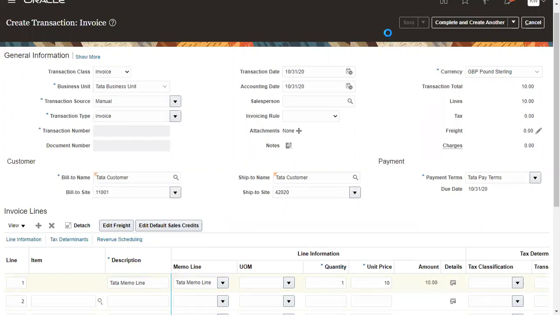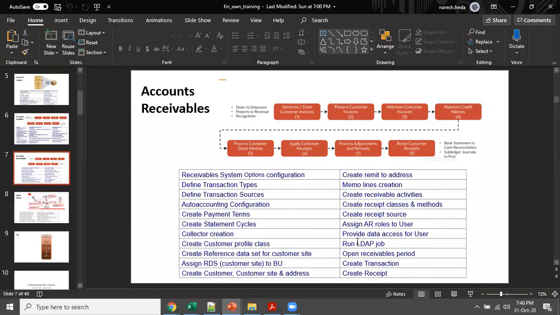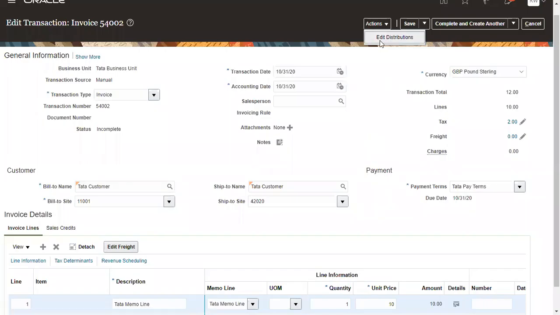So this is what I wanted to explain. Whenever we do a transaction, first we need to open the period. If you see our PPT also, the order is the same. First we need to open the period, then only we can do the transaction. And to do all this, we need to have the ledger setup. Then only will we be able to post the transaction. So I go in the same order.